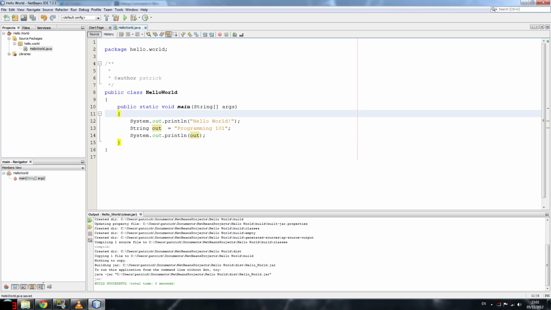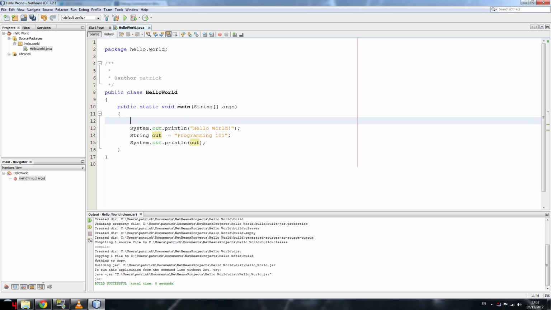Okay, now you're looking at that now. Now any programmer with an hour's experience will be able to tell you what this does, but we're going to learn something now. The first fundamental thing we need to learn is the comment. Okay, so what is a comment? Remember what I said about compiling? The compiler goes through this code, builds it into a jar file, and that jar file is then runnable on our system. Well, if I put in 2 slashes like that